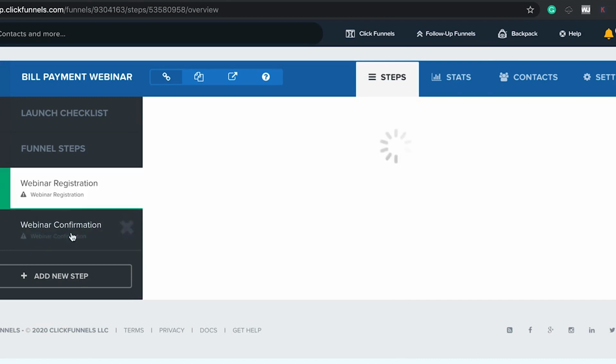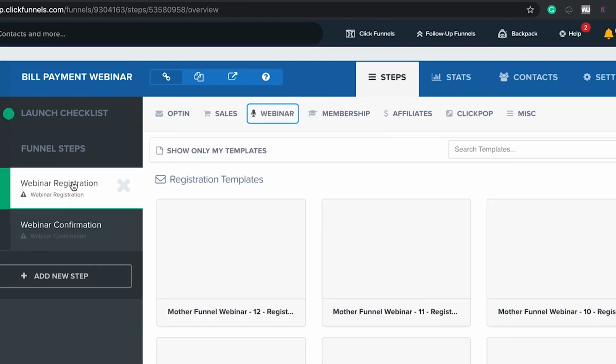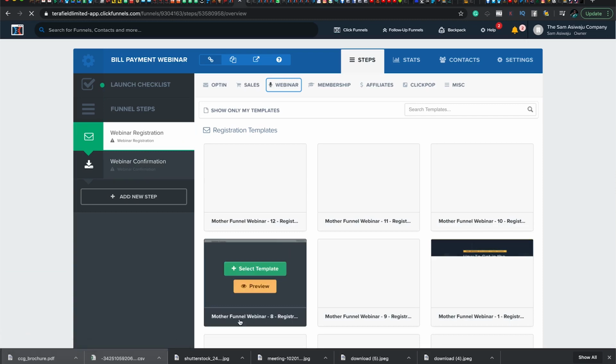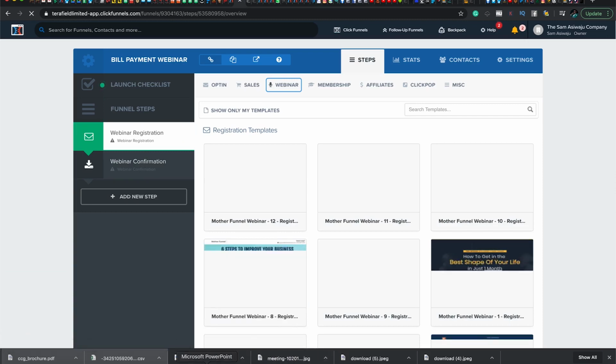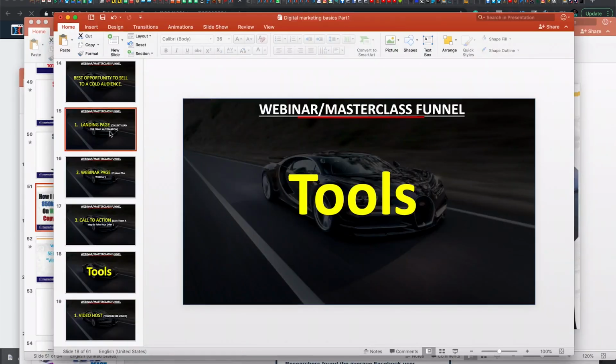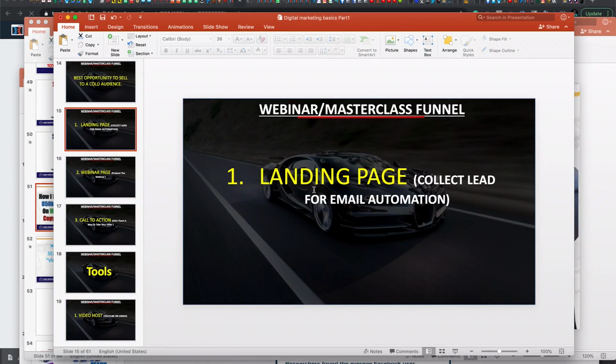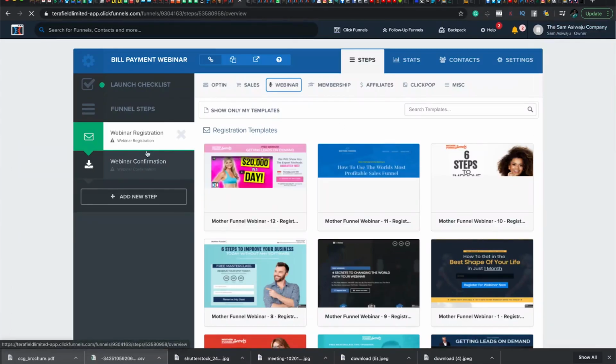This came with just 2 pages. All right. The first page is webinar registration. Remember what I talked about in the PowerPoint. I said the first thing you need is a landing page. So the landing page is what this is giving us right now, which is the webinar registration, and then